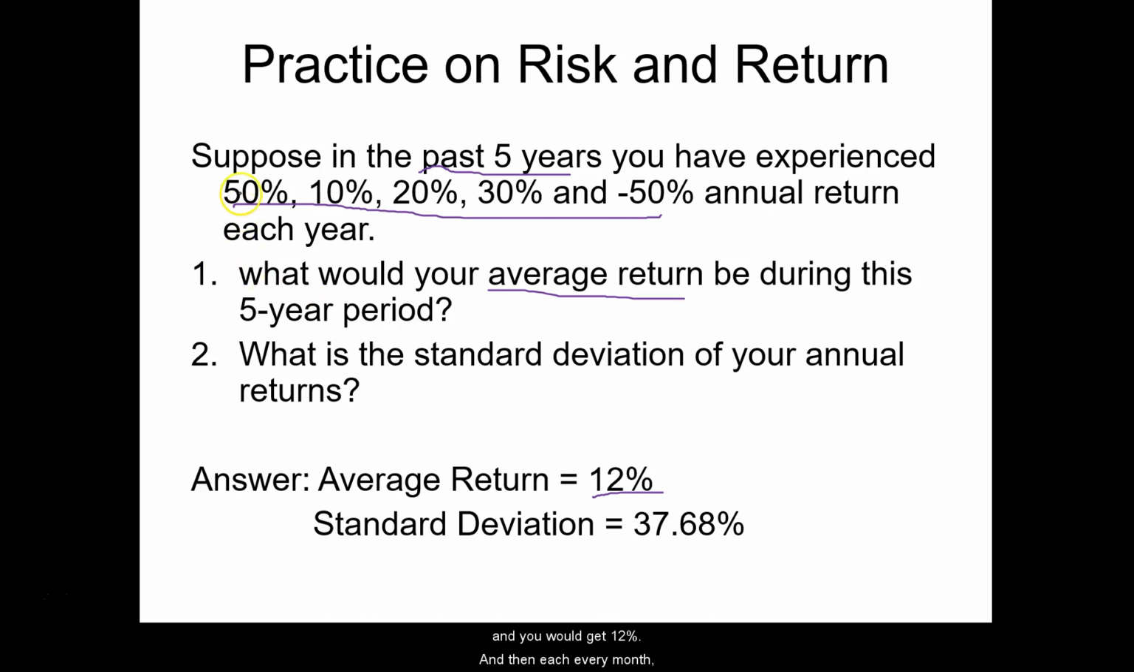And then every month, for example, the first month, you will use 50% minus the 12%. That would be 38%. Then you use 38% squared, and you go on to get the square term for the second month and third month for all the 5 months, and sum them up, divide by 4, which is 5 minus 1, and get the square root of it. You should get the standard deviation of